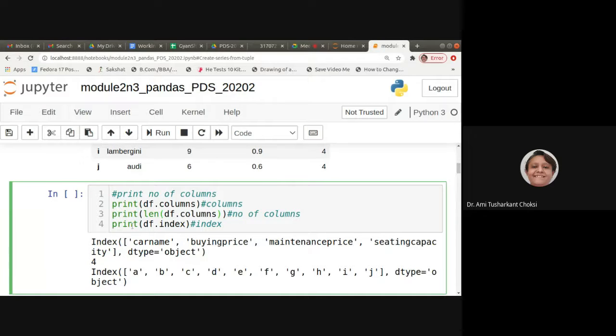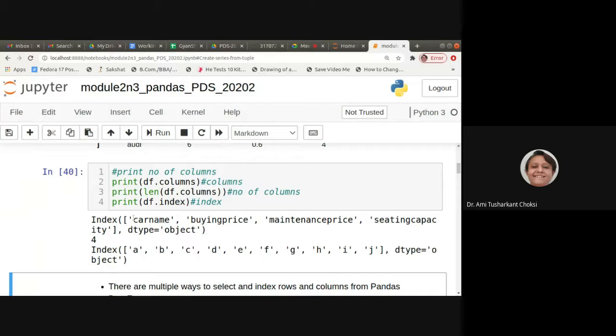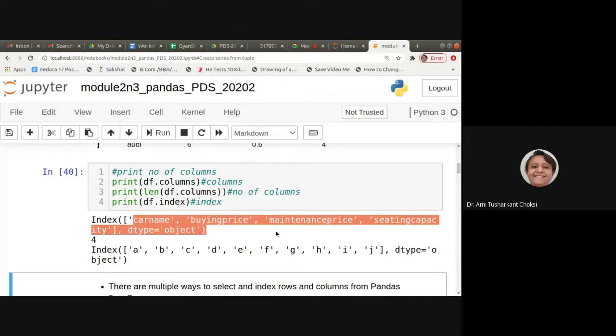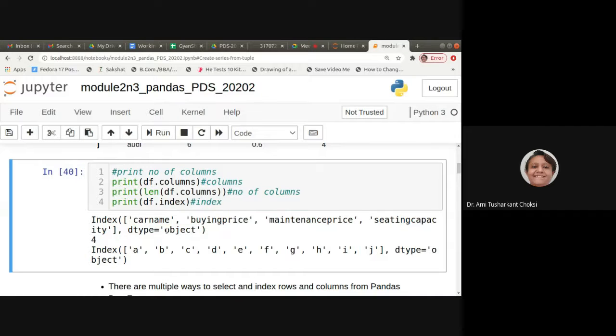If we want to find the index, we can use df.index, right? So for columns, we have car name, buying price, maintenance price, sitting capacity, and its dtype is object. For index, we can say it is A, B, C, D, E, F, G, H, I, J, and its dtype also is object.